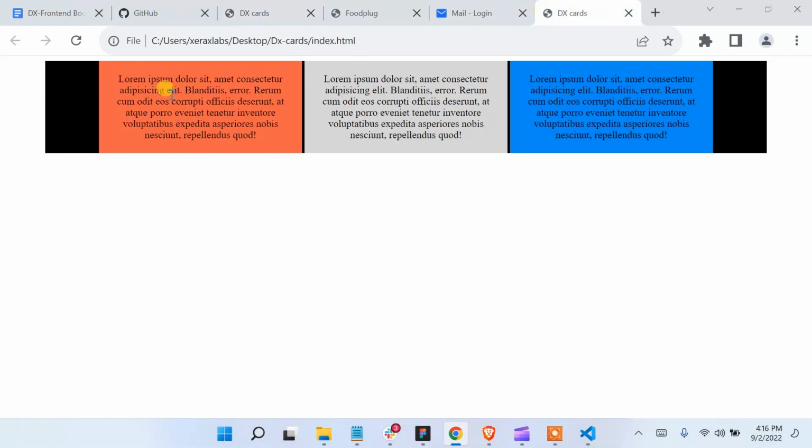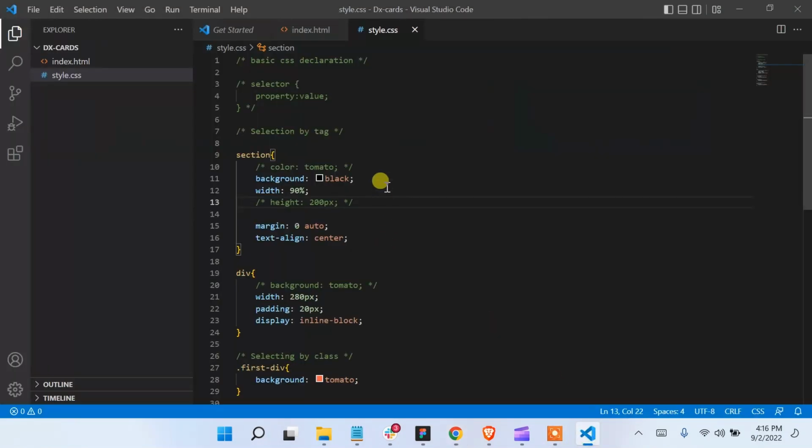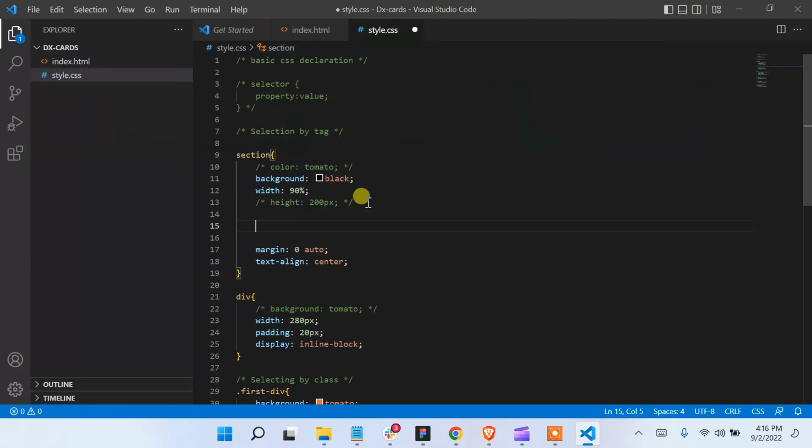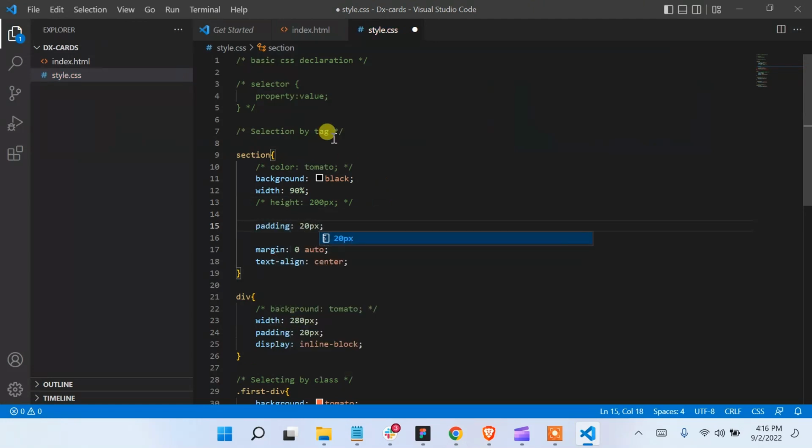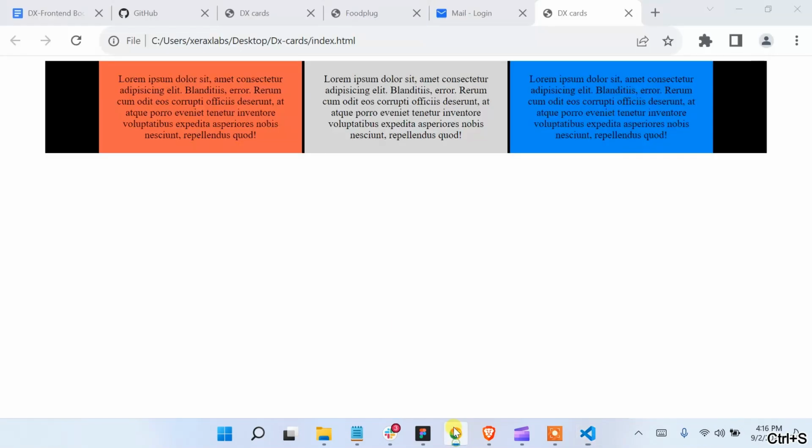Well, the trick is just the same. This guy is a parent and it has content, and we want to actually space those contents properly. How do we do that? We just come here and use the padding that we used earlier. So remember, we use something called the padding. So if I do that and give it the same 20px, if I save this, I come here and reload,